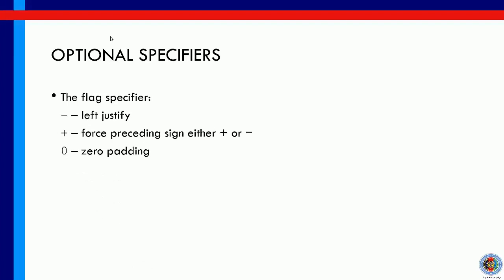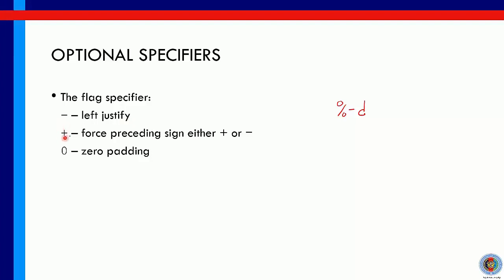The first optional specifier is the flag. There are 3 types of flag that we can use. If we put a dash or a negative sign, which means if we put %-d like that, this will let justify our printing. It will not print the dash or the minus sign itself. Remember, this is a language for formatting, not language for number crunching.